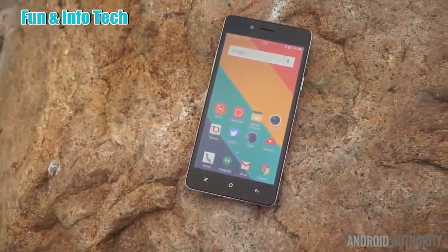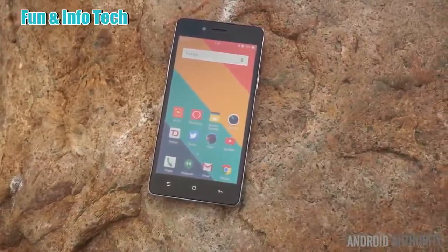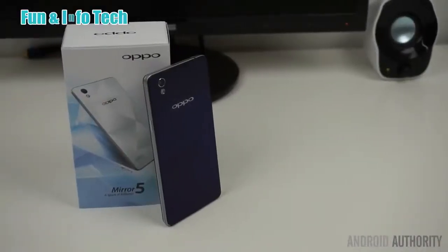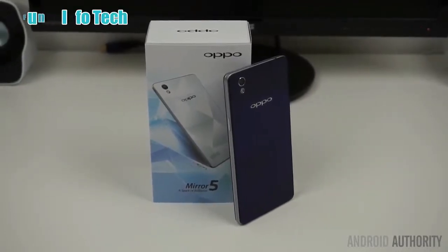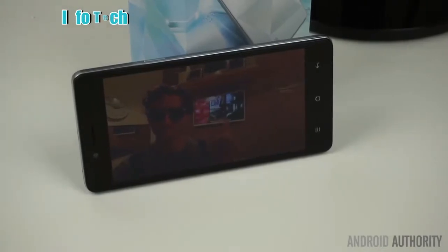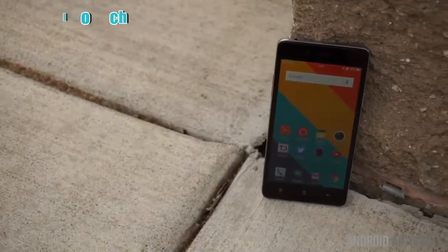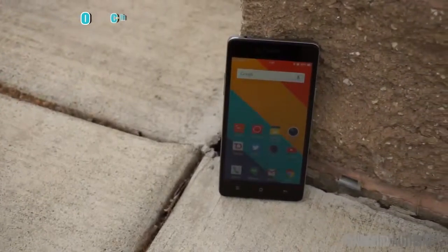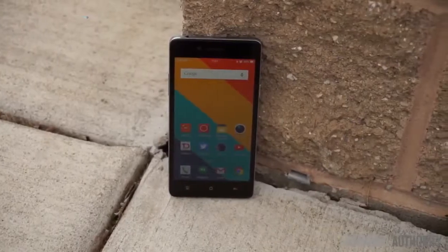The Mirror 5 has several strong points: a nice design, good speaker quality, and a good software experience. However, the display resolution is very low, the performance is slightly below average for what you can get in other options, and I do feel that it is a tad overpriced. With other Chinese smartphones like the Meizu M2 Note and Lenovo K3 Note, the Oppo Mirror 5 is a tough sell. While it does offer a superior design and build,